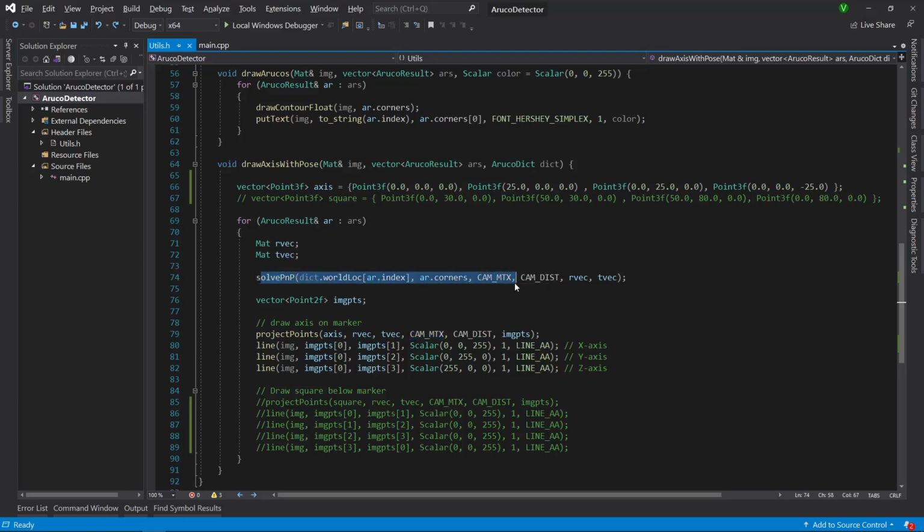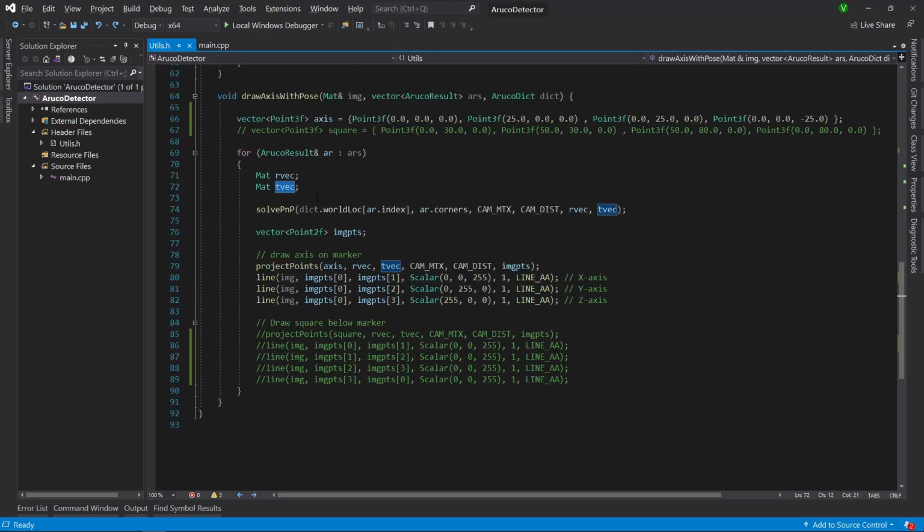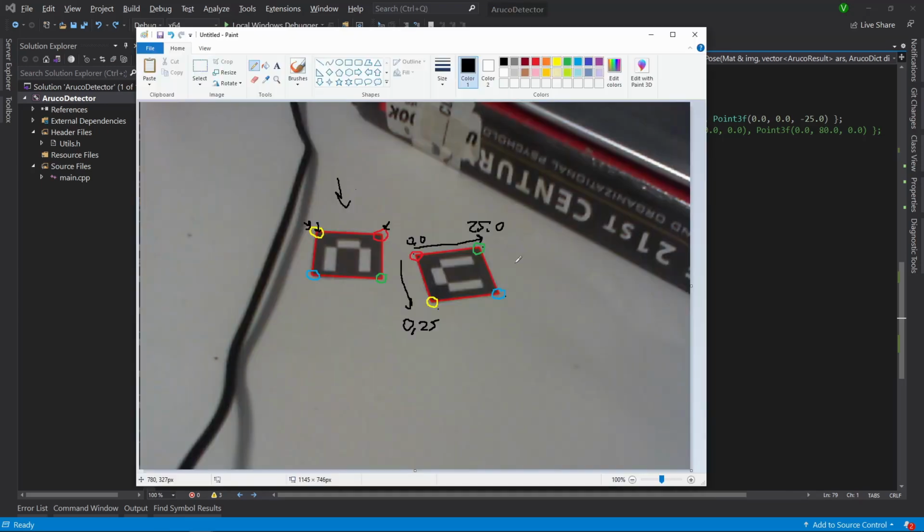So we call solvePNP, we get the rotation and translation vectors. Once we have these rotation and translation vectors, we can project points. So how do we project points? We project points from the marker coordinate system to the image coordinate system. So if we want to draw a line on the marker from the top left of the marker to the top right of the marker, okay, so